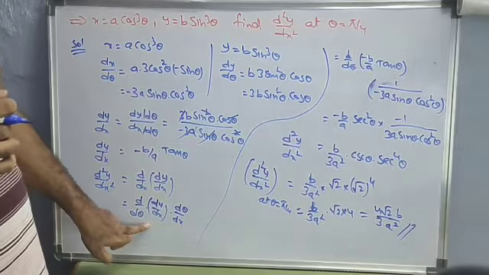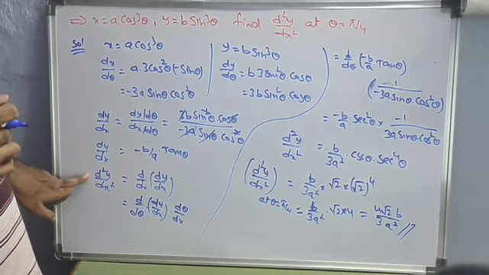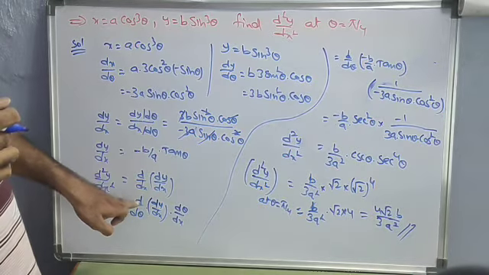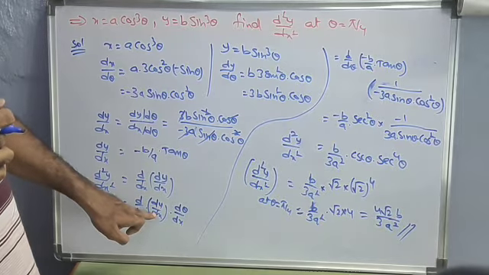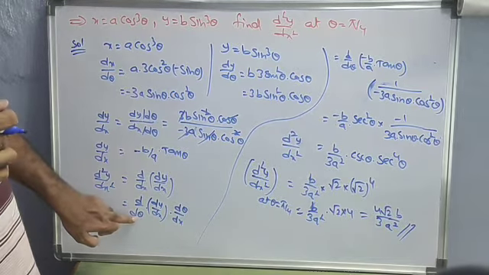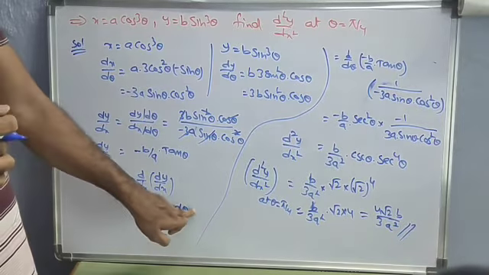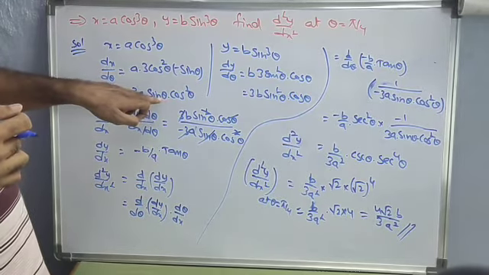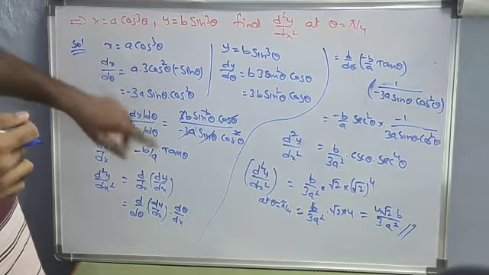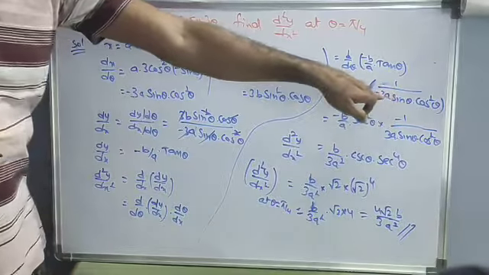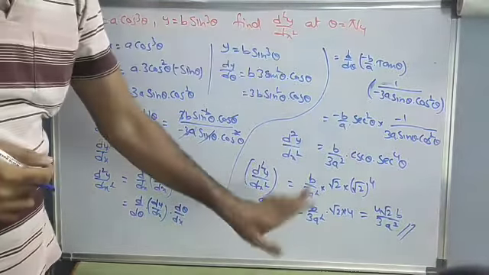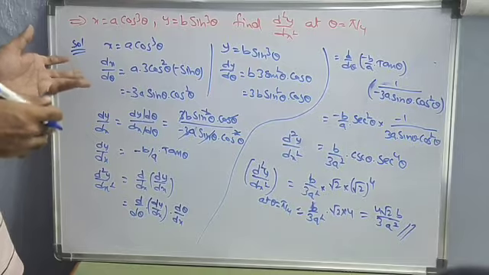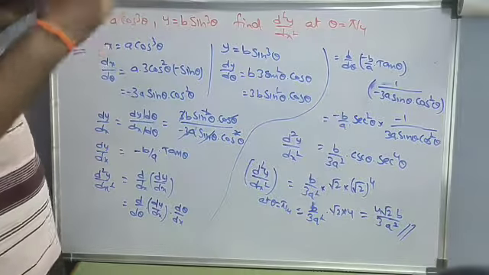This is the most important step. If you want to find d square y by dx square, d by dx of dy by dx, but dy by dx is in terms of theta, so that's why I am taking d by d theta of dy by dx. Here d theta is extra, that means I am dividing, so compulsorily I have to multiply d theta by dx. dx by d theta we already have. d theta by dx means just the reciprocal of that value, 1 by minus 3. You just take these values and you will get the remaining answer. So you can find d square y by dx square like this.